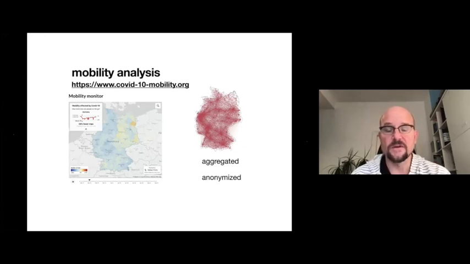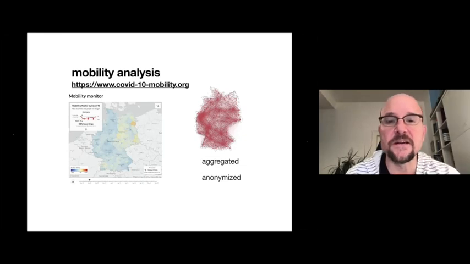So almost all mobile phone companies gave us aggregated and anonymized data, which is essentially how many people go between one county and another county in Germany. There are about 300 such little geographically coherent patches in Germany, and you can compute an aggregated network. But that network is time resolved. So you can look at this network in the morning or at noon or in the evening, but it is aggregated geographically. And one of the things that we set up is this COVID-19